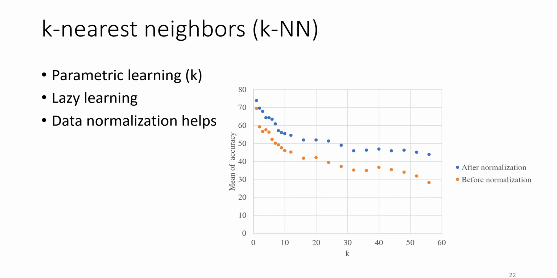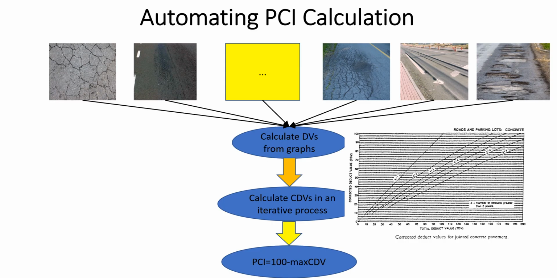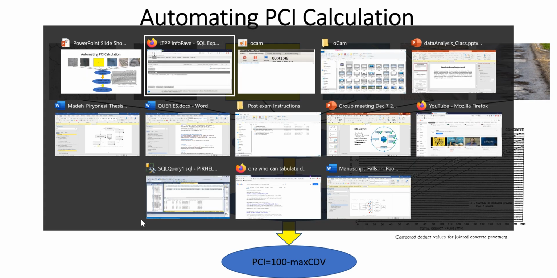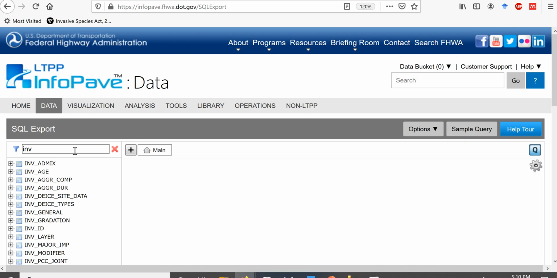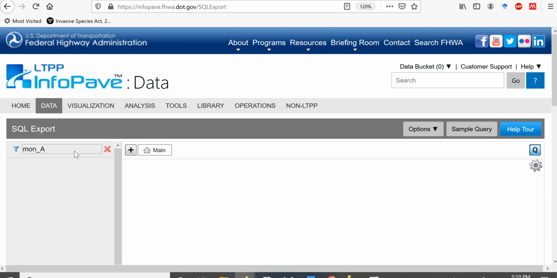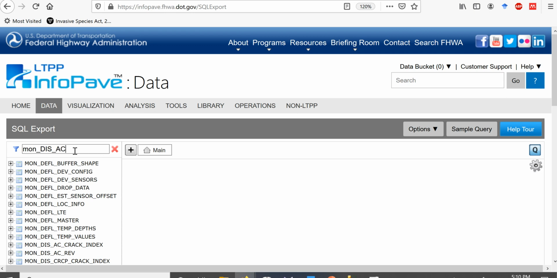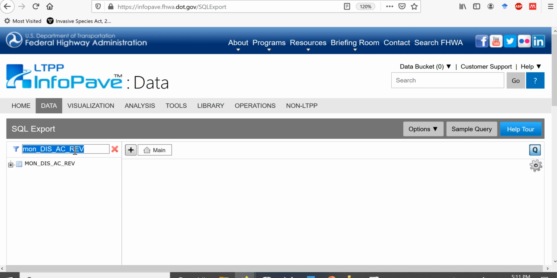So for example, here in my presentation, I did talk about all these types of distresses, right? Like alligator cracking and pothole and rutting and all of that, right? So let me show you an example of a query actually retrieving distress data. To be able to retrieve distress data, first we have to know where the data is stored, right? So let's first go find the table the data is stored in. So I believe, if I'm not mistaken, it's, let me go up, I think it's this table, underline AC underline ref. I believe this is the table with most